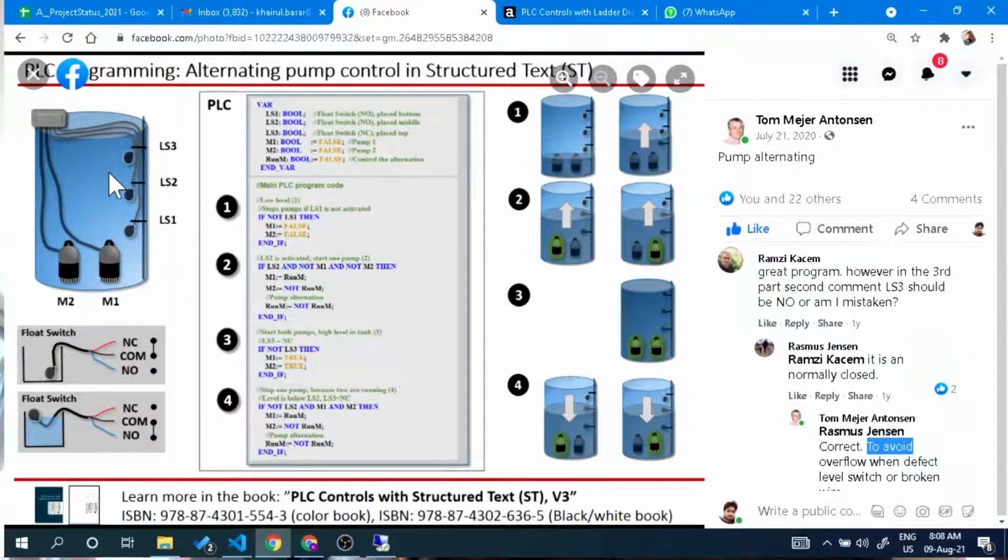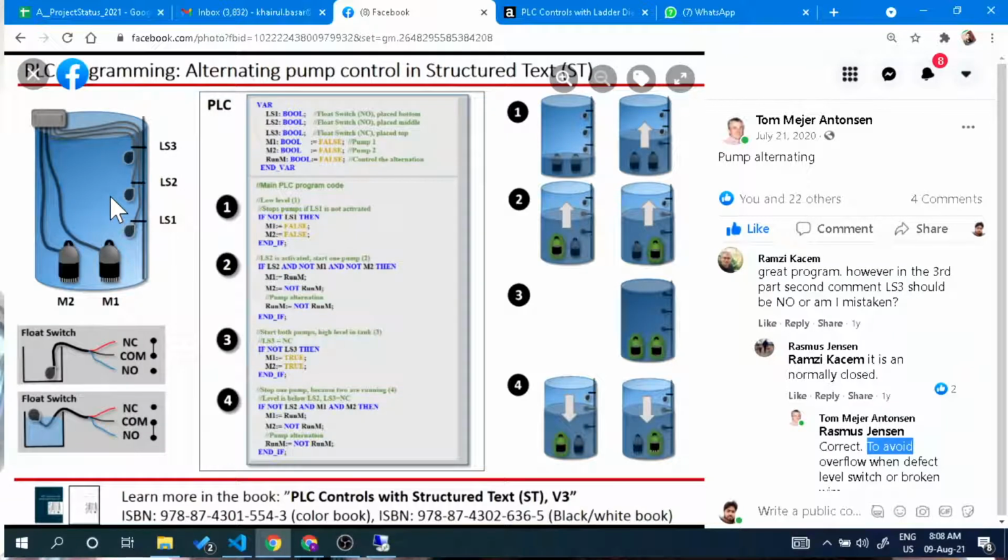So the liquid level is expected to go down, unless the inlet is fully open and more than the flow of the outlet together. So when the outlet flow is more than the inlet flow, the water coming in is less than the water going out, then of course the level can go down, right? So the level goes down,